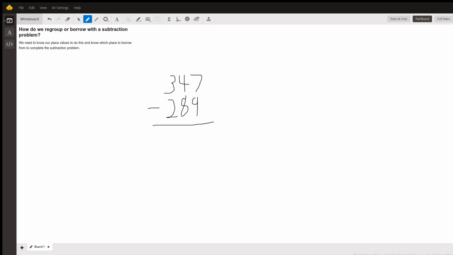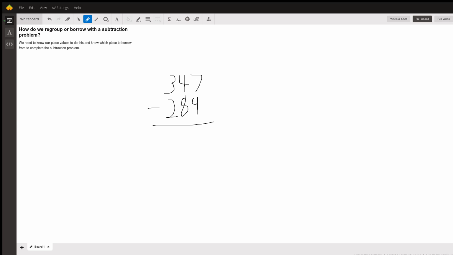And you need to ask yourself this question: 7 minus 9. Can I take 9 from 7? Well, put 7 fingers up. Can you take 9 from 7? If your answer is no, then you know you have to borrow from the tens place